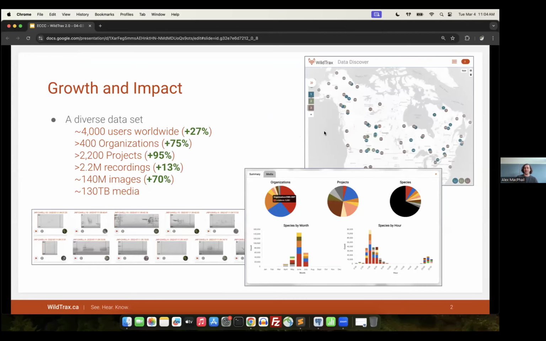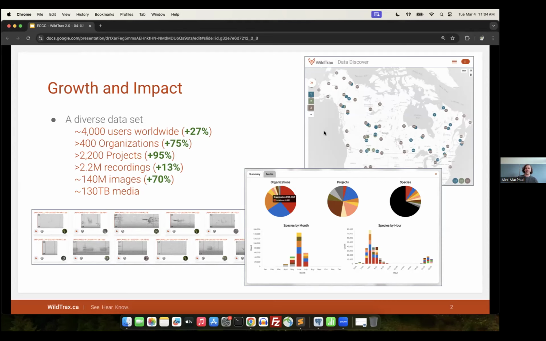Of course, ECCC has been our main funder for the system over the last 7 years. And over the course of that time, we've continued to see really great growth and impact in terms of contributing to open data and environmental sensor data sets. You can see here the public data map is getting larger and larger as the days go on. And this does represent a huge diverse set of people that are using the system for environmental sensor data.